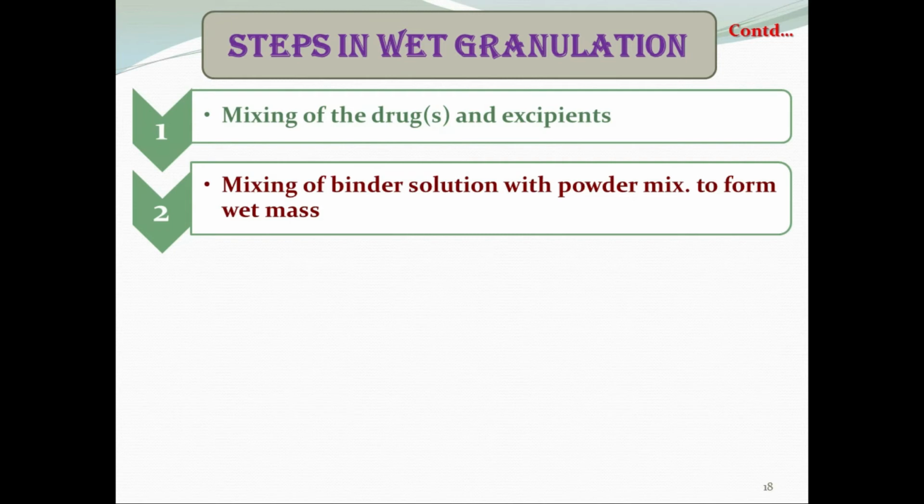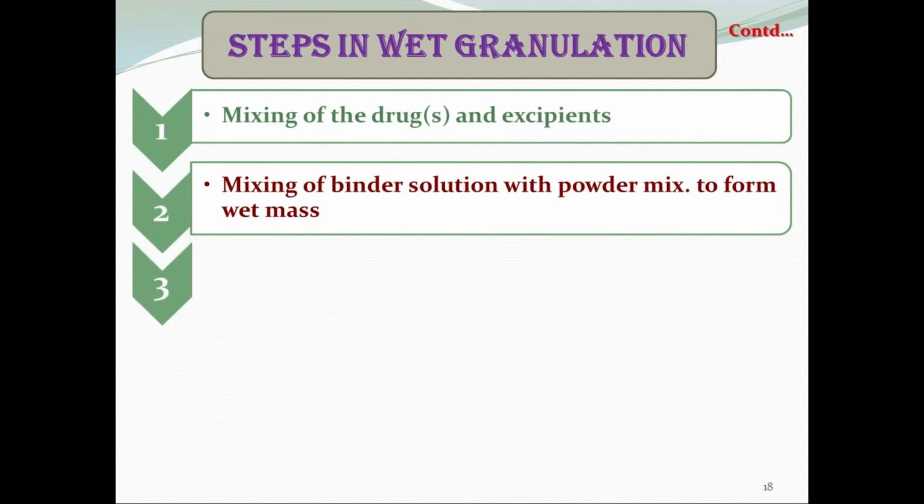You can prepare a binder solution either in water or in volatile organic solvents like ethanol, and then add it to the powder mixture to promote the formation of aggregation.